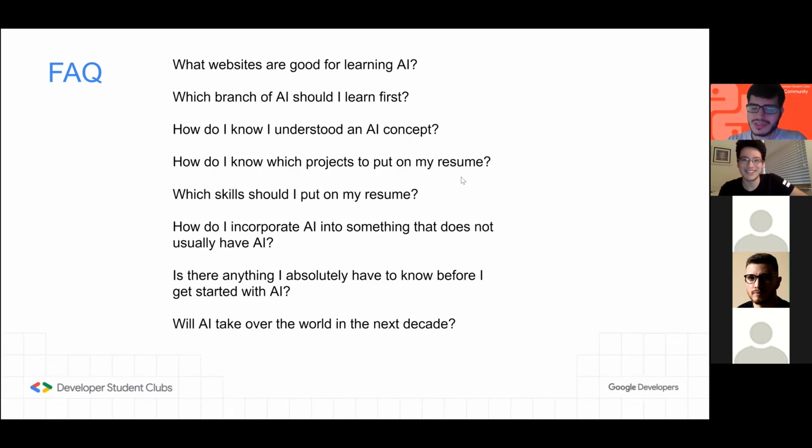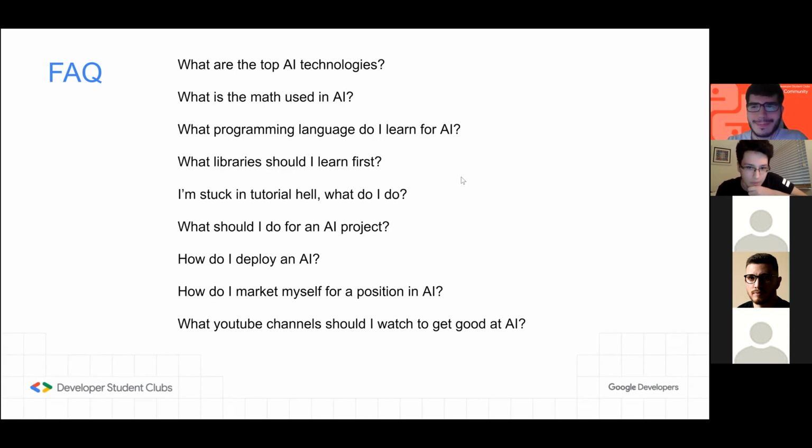So any more questions? Yeah, I got another question. Harp says, would you say that AI is generally more math than programming, or is it the other way around? Ooh, I would say it's more programming than math. Yeah, I was going to say, because you have the math already laid out, but it's how you use it